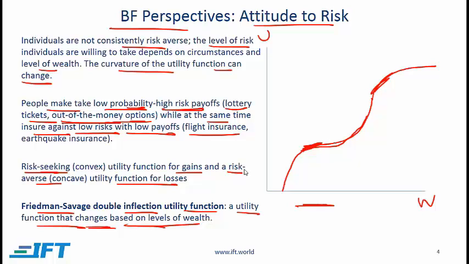A question like this has shown up in the past, where we are told about an investor who buys out of the money options knowing that the expected value is negative. So the investor is exhibiting risk-seeking behavior. At the same time, the investor buys insurance where she is demonstrating risk-averse behavior. So we are asked to show the utility function or describe the utility function, and this is what that question deals with.